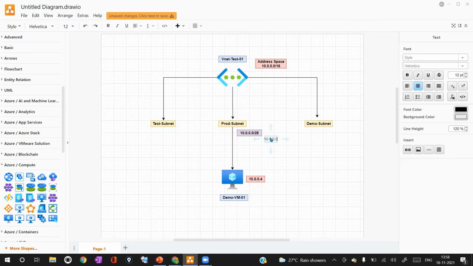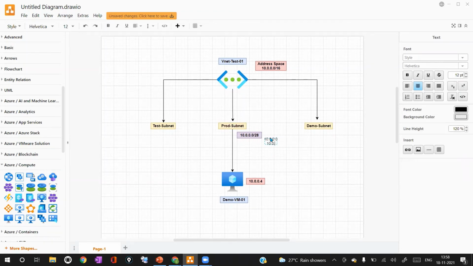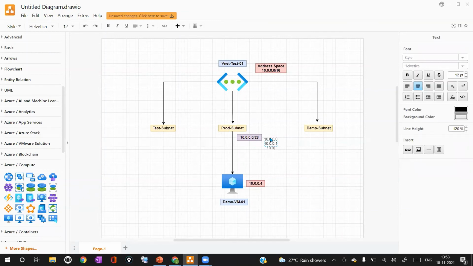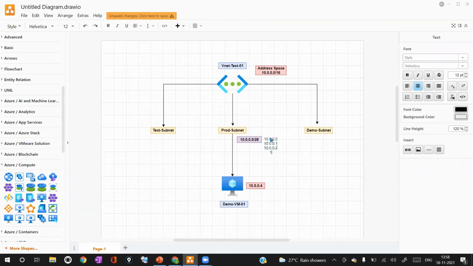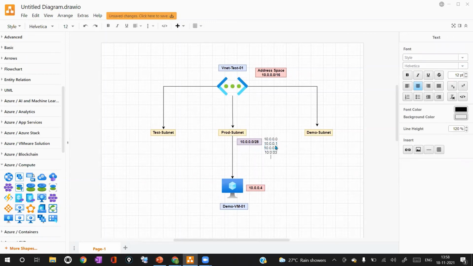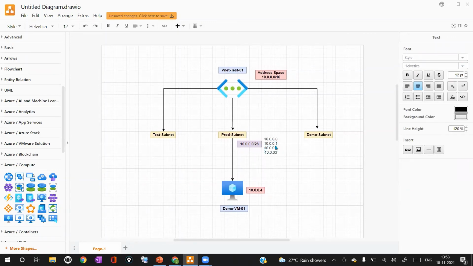10.0.0.0, 10.0.0.1, 10.0.0.2, 10.0.0.3. The first 4 IPs, along with them, the last IP address of this subnet range, which will be 10.0.0.15.